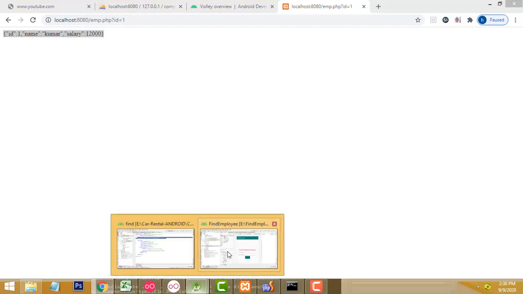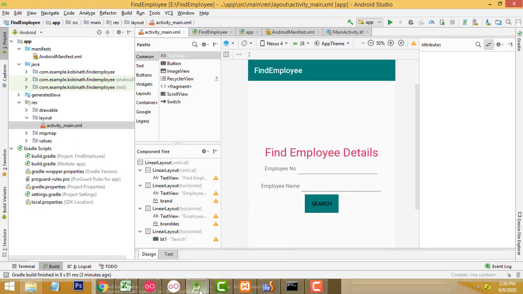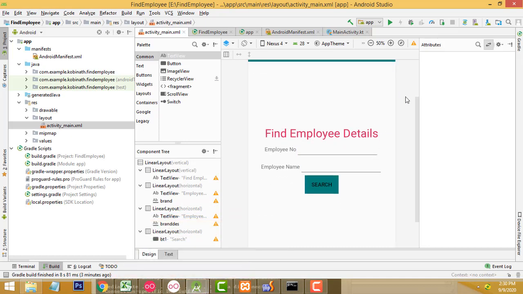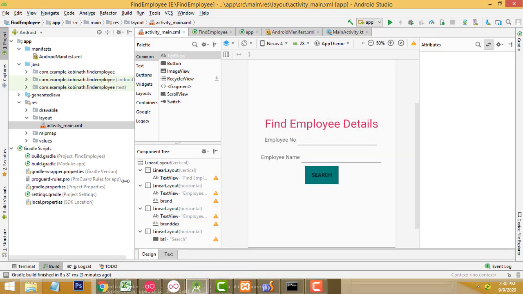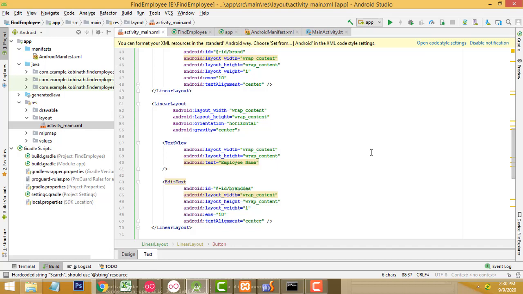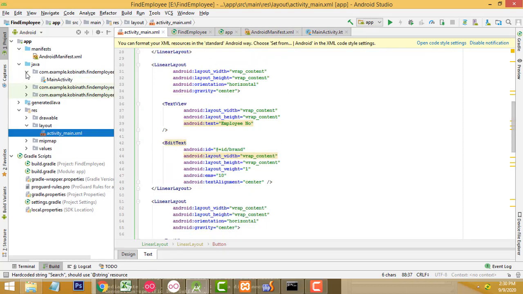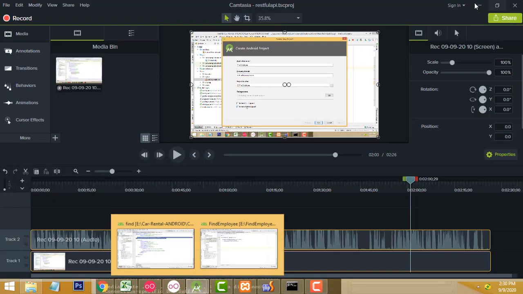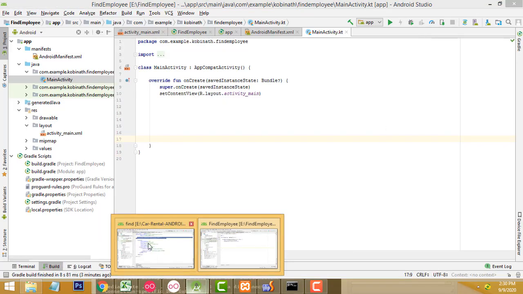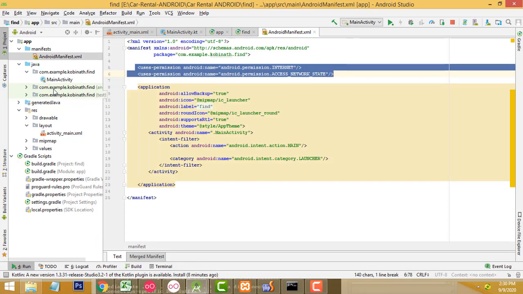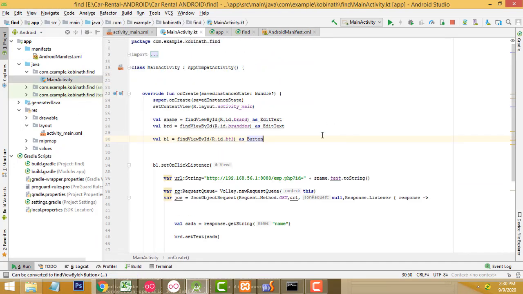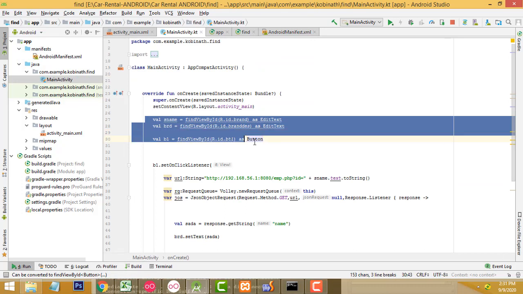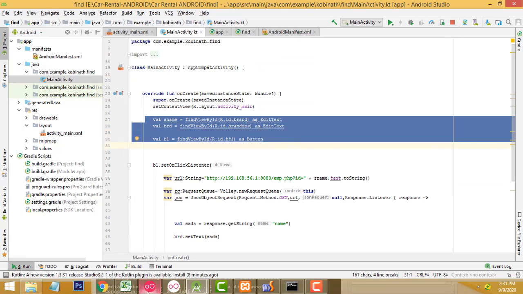Now, go to the Android Studio here. Now I am going to write the code. Simple code we have to write. Go to the Java main activity here. Simple code. First, what I did here is, I just copy the codes, right. Now here first I have just copied these lines, 3 lines.